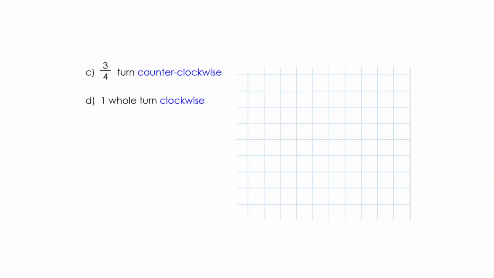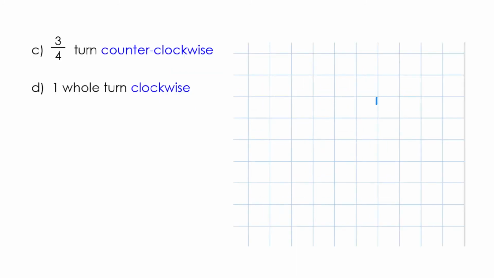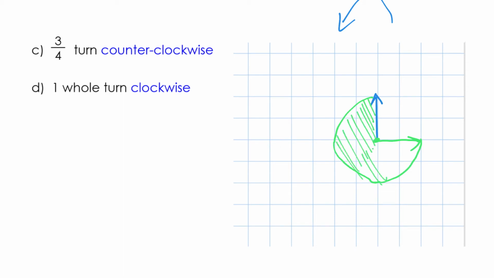So 3/4 turn counterclockwise. Let's start again here, in this direction. We have to go counterclockwise, which is in this direction, 3/4 of a turn. So there's our turning point. It would go 1, 2, and 3. So this is where it would end up, because if we were coloring in this fraction, like in our fractions unit,